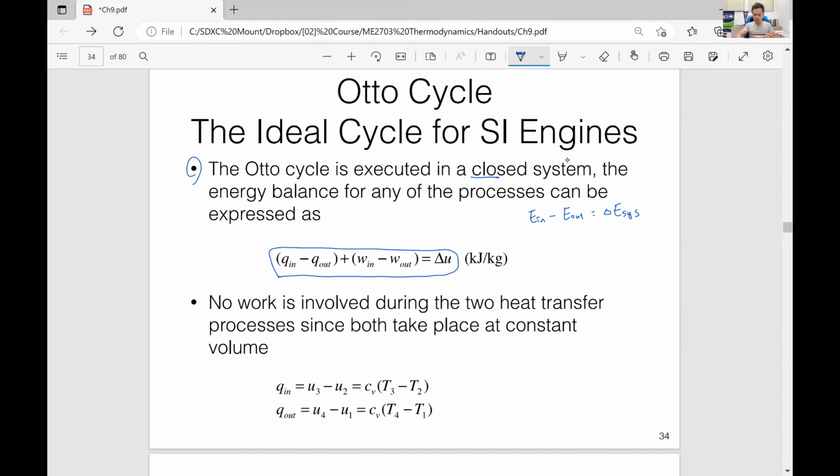Since this is a piston-cylinder device, which is a closed system, the energy can be transferred by heat and work. So if you expand this equation, you would have Q in plus work in, minus Q out plus work out, right? Equals